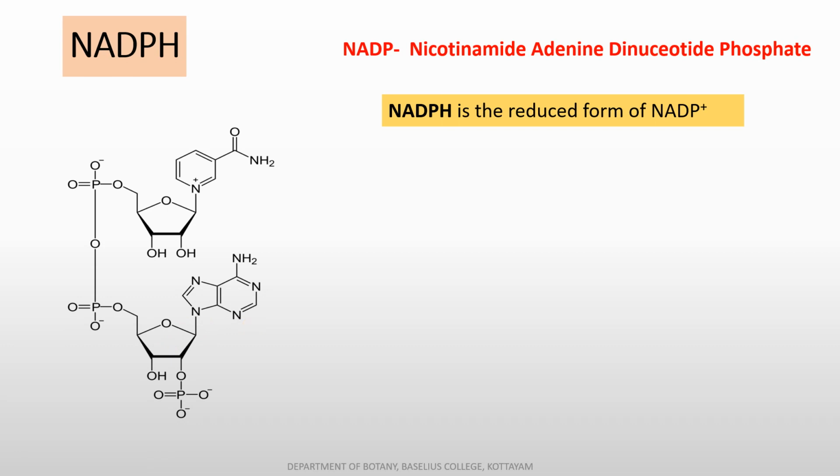And one important thing you have to remember is always you have to write NADP plus, not NADP. It's the same in the case of NAD also. You have to write NAD plus. So why this plus sign here? It is because of the positive charge in the nicotinamide moiety. Because of this positive charge, NADP or NAD in the oxidized condition is always carrying a positive charge. So you have to write NADP plus instead of NADP. It is the correct representation.